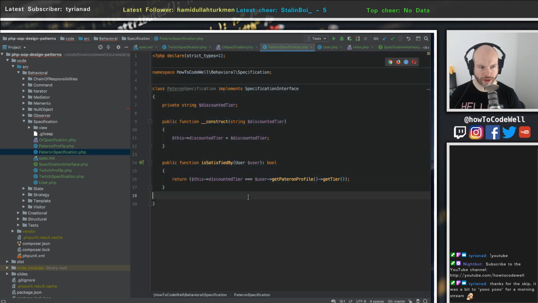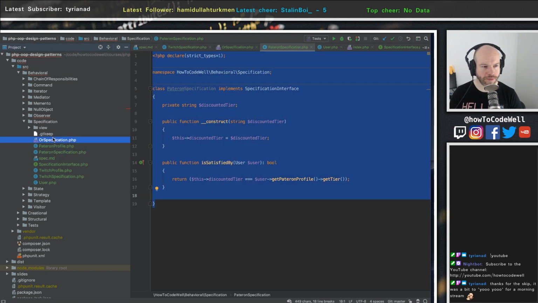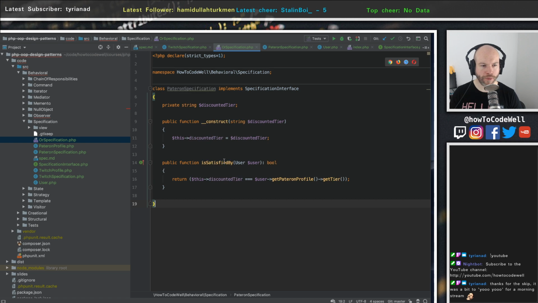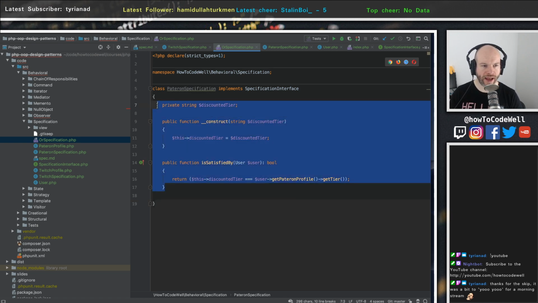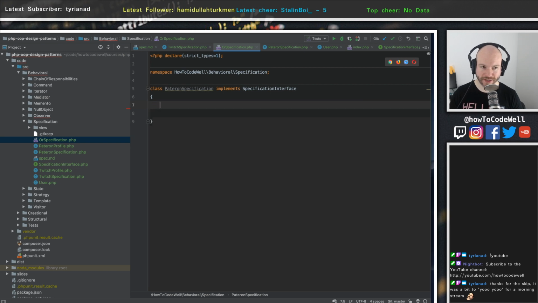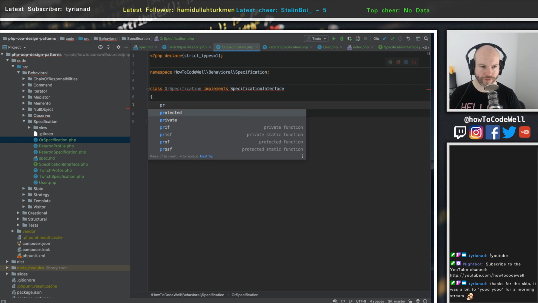Let's grab that over. Now, the OR specification allows you to put two specifications together in an OR sense. Okay, so we're going to do an OR. It's going to implement the specification interface, and we're also going to have a private